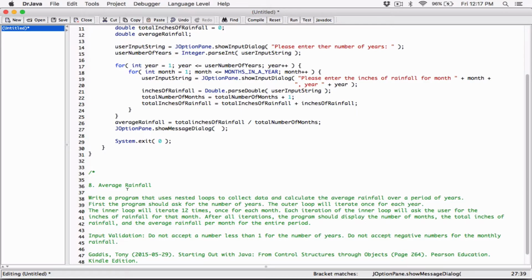showMessageDialog, for simple use, takes 2 arguments. Null is the first argument, and null is going to center the window on the screen. The second argument is what you want to display. The first thing I want to display is the number of months, so I can say number of months